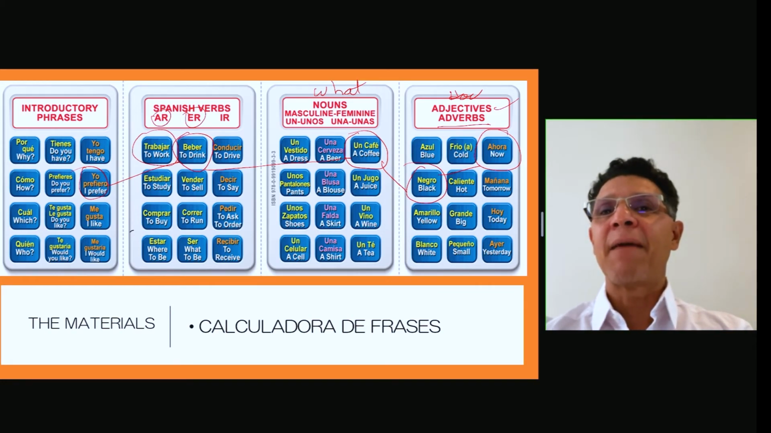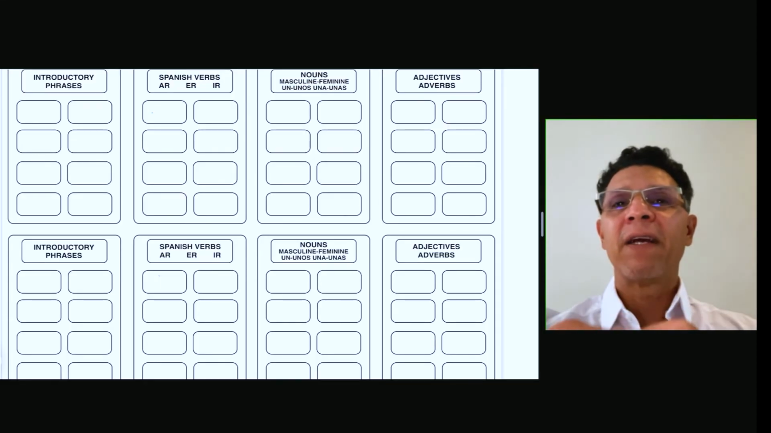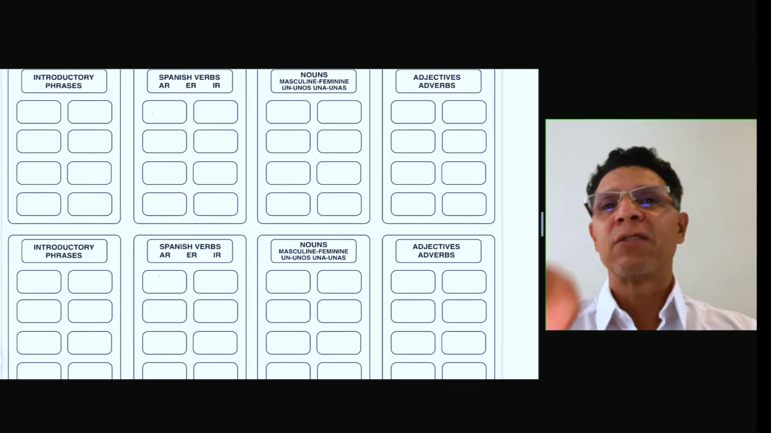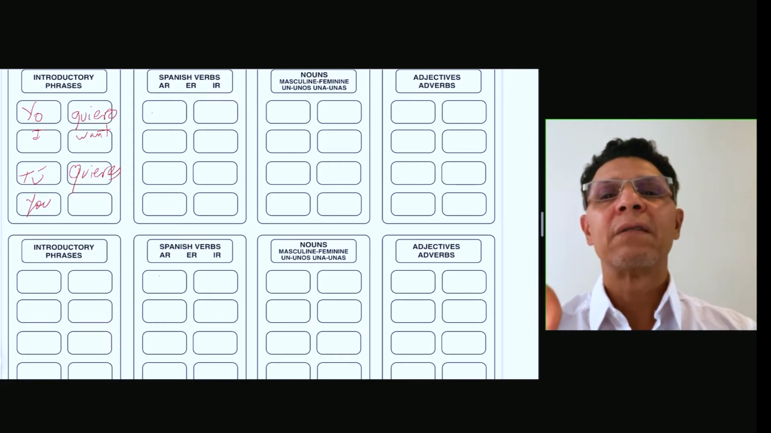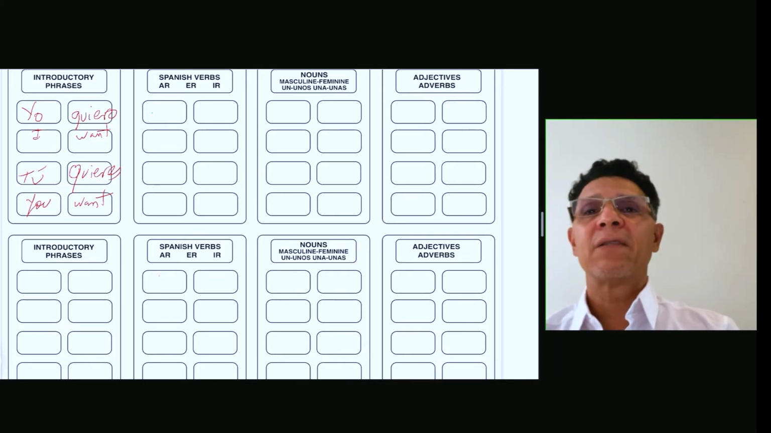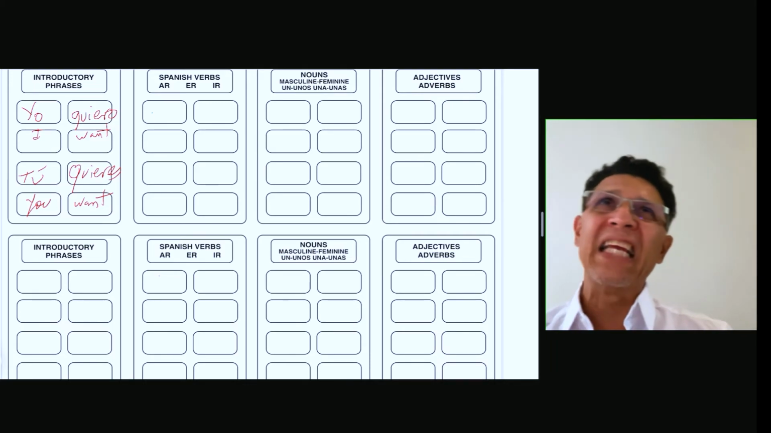So let me give you an example of how to make your own phrase calculator with this tool that I'm just showing you now. So suppose you wanted to say I want something, so you go yo quiero. Or maybe if you want to ask somebody, tú quieres. I want, and you want. Or do you want? Okay, so yo quiero, and then suppose you want to eat something, so we don't know